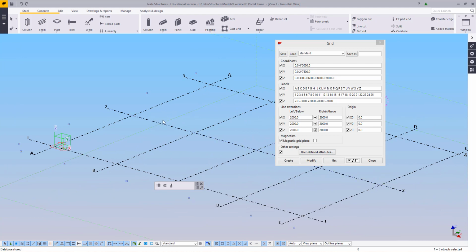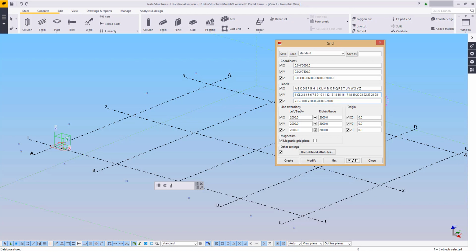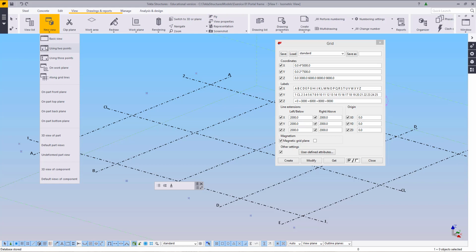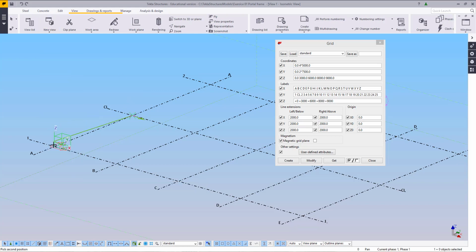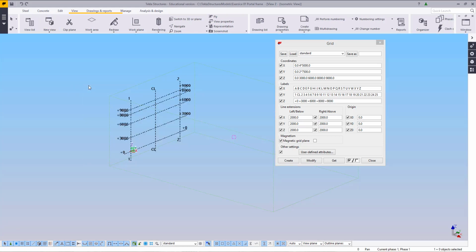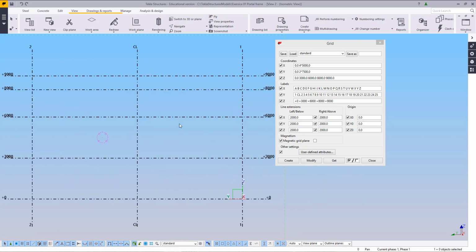Now, since this is a center line, I'm just going to change the name from 2 to CL, and this will give me 1 line, 2 line with a center line in the middle. Next thing I'm going to change is the heights, or the z-axis. Let's first create a view on these z-axis, nice from the front,